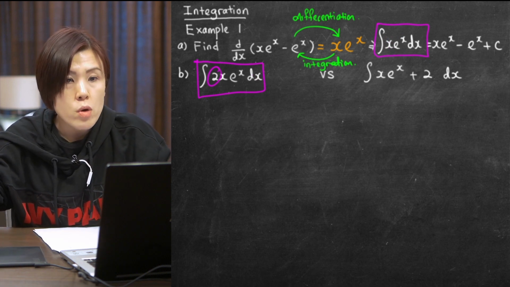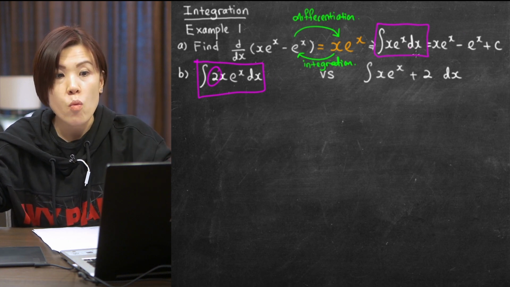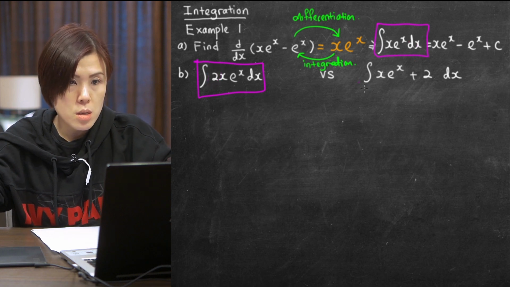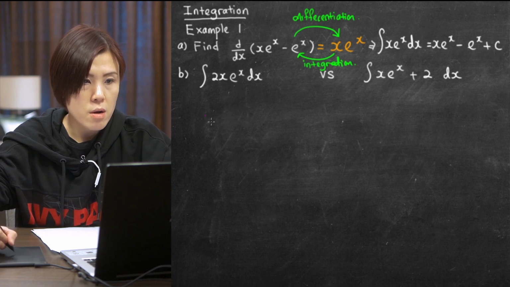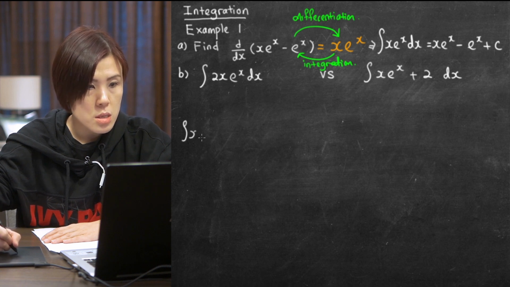So what we can do is insert the 2 into the result that we have. What I mean is we multiply this whole thing by 2. So let me write down the result that we have from part A, which is e to the power of